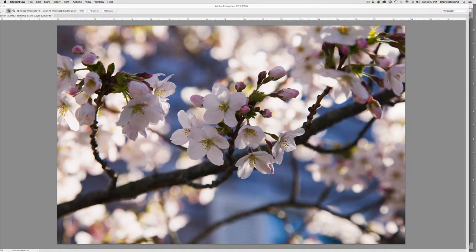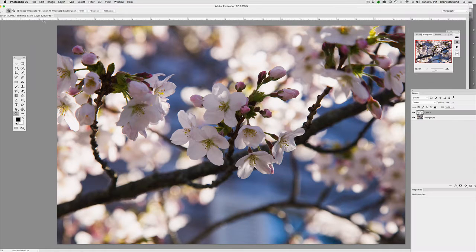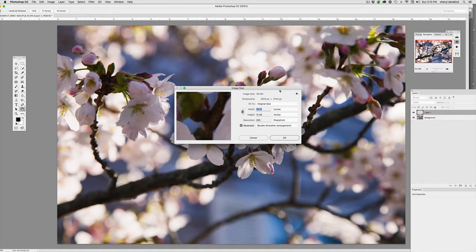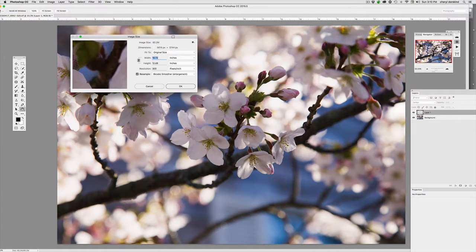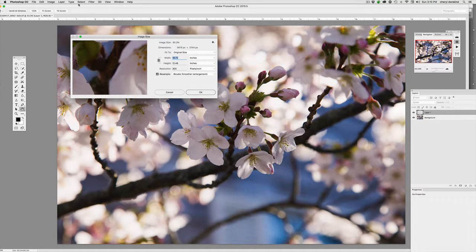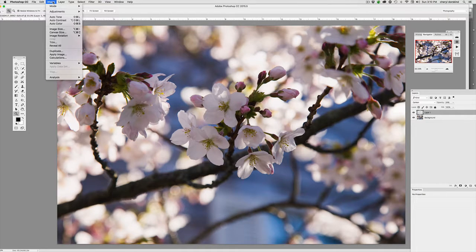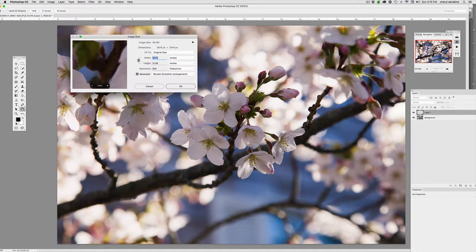Today I want to talk about image size. It's a panel in Photoshop that is rich with information. So to access it, let me just show you where that is. You go to Image, Image Size, and let's take a look at this